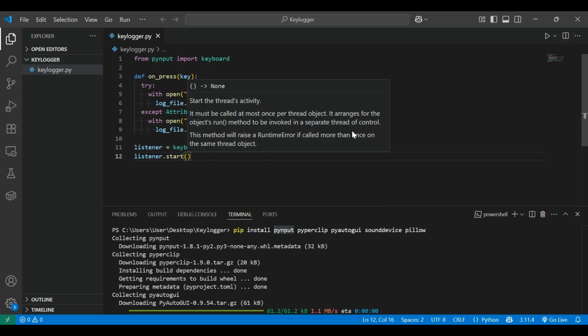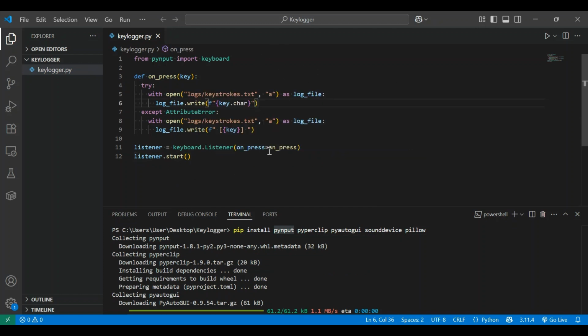This small program will run in the background and capture every key, including special keys like space, enter,